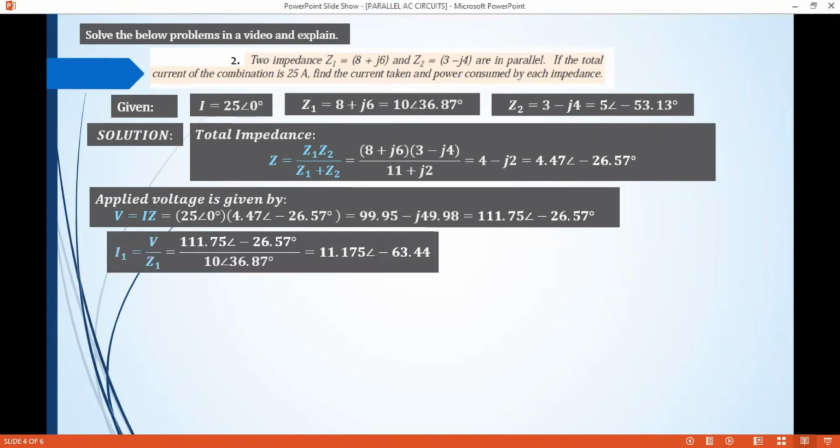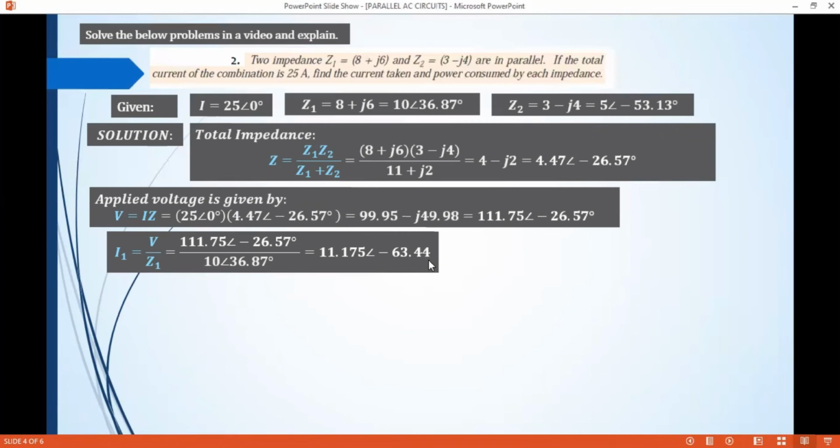Then next, to get the current, we will need the voltage. So we solved first the voltage. So the voltage over the impedance 1 for the current 1. So substitute the values. We have the voltage here, 111.75 angle negative 26.57 degrees over the impedance 1, which is 10 angle 36.87 degrees. So we have 11.175 angle negative 63.44